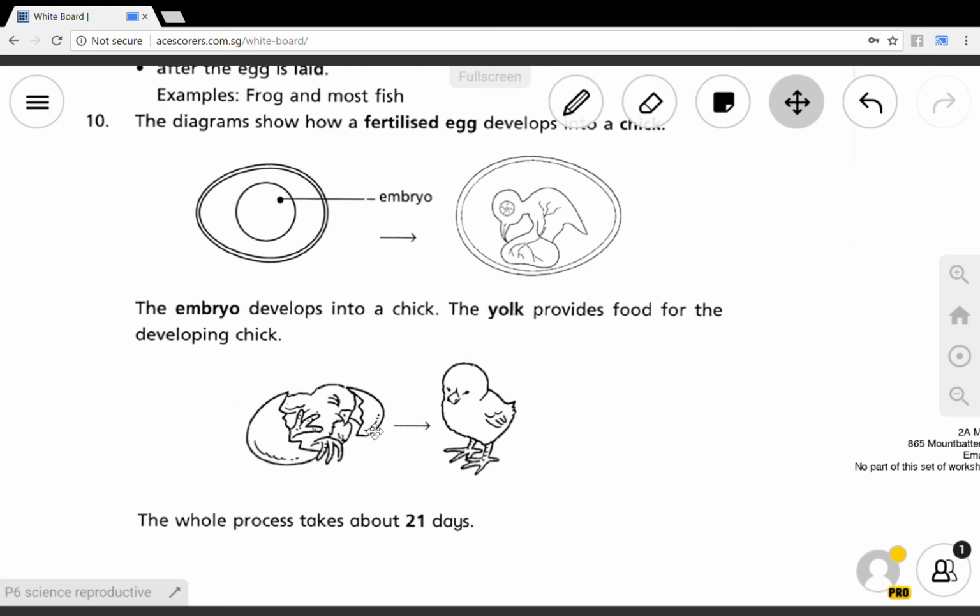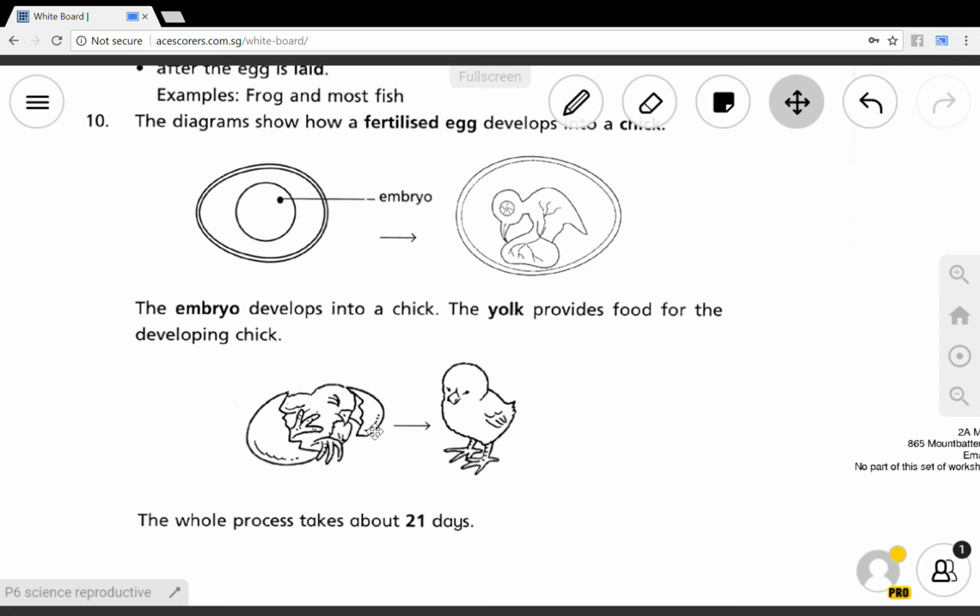If you don't reach the full gestation period, like for example 21 days, and the chick comes out premature, the chick will not survive. For human beings, the fetus, most of the time it is 9 months. I say most of the time because, due to our advancement in technology, it is now possible that even if a baby is 4 weeks early, you'll be fine. But in the olden days, the baby would have to rely on luck, whether the fetus would survive. Nowadays, it's not an issue.